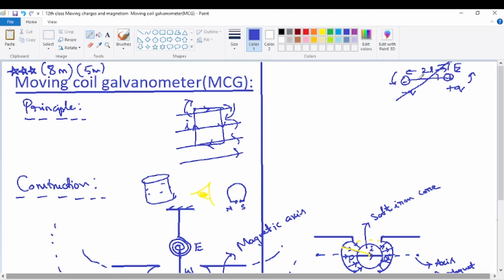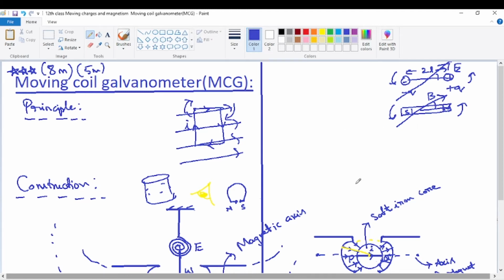Same thing will happen to a bar magnet also. The same diagram, I'm just drawing using a bar magnet. So this is the south pole, this is the north pole. Suppose this is the magnetic field. Magnetic field vector is denoted as B, electric field vector is denoted as E. Now the bar magnet also will experience a torque, and this torque will make the bar magnet align itself into the direction of the field.